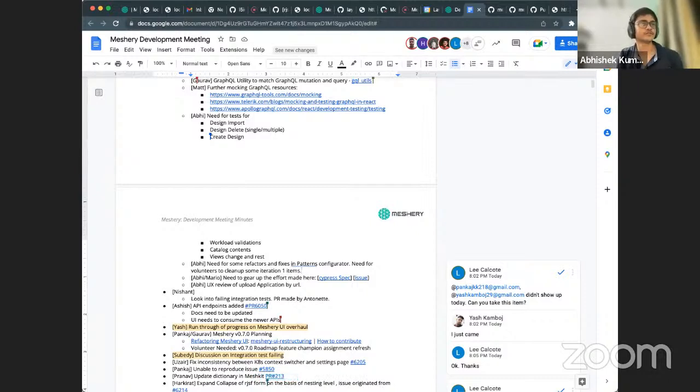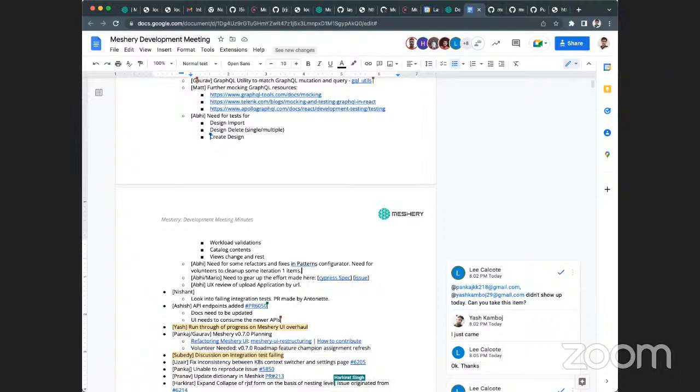So I left some Slack messages around the progress on the GraphQL utility, like the updates for the whole configuration.